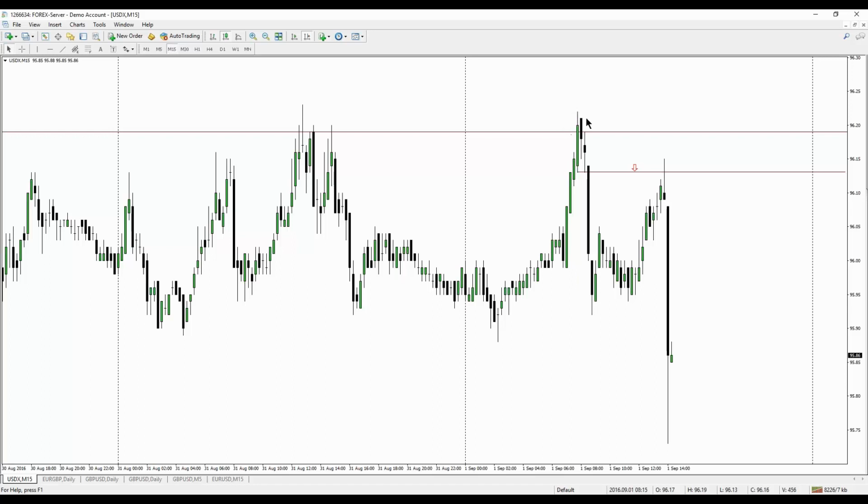We mentioned this high being potentially what? The London high or daily high. And we have a void here where the market had aggressively